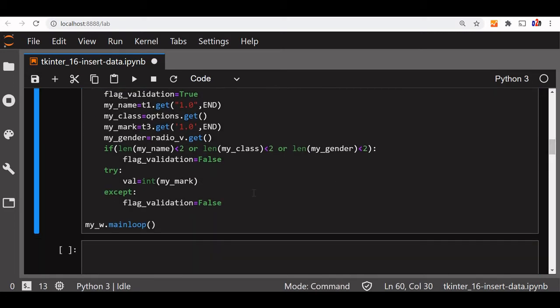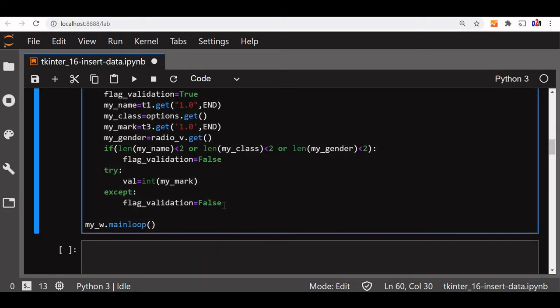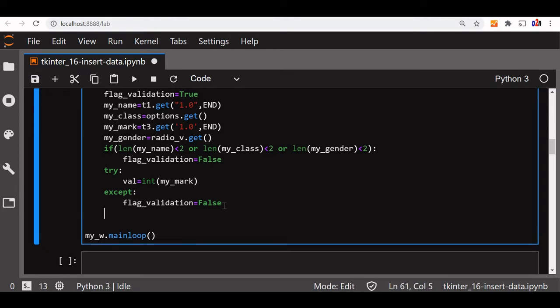We'll go to now setting what we are going to do with the validation. First we'll check what is the status of our validation. So we'll come out here.